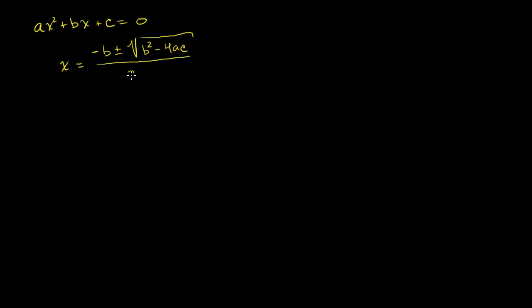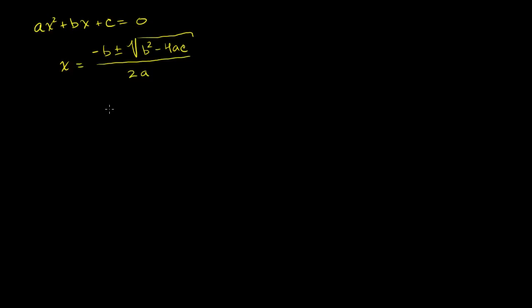I think we've had some pretty good exposure to the quadratic formula. But just in case you haven't memorized it yet, let me write it down again. So let's say we have a quadratic equation of the form ax squared plus bx plus c is equal to 0. The quadratic formula, which we proved in the last video, says that the solutions to this equation are x is equal to negative b plus or minus the square root of b squared minus 4ac, all of that over